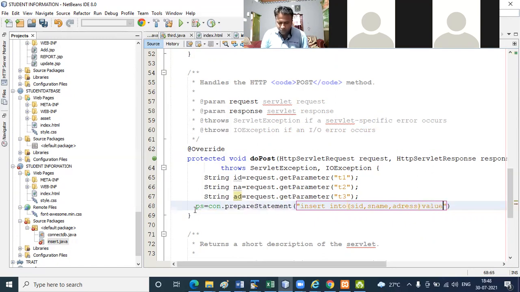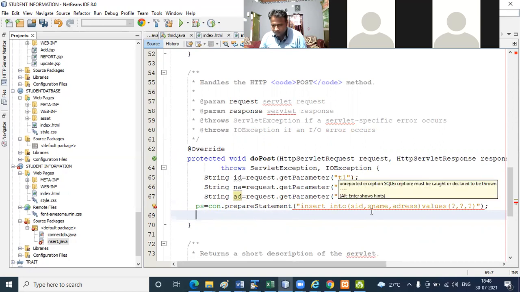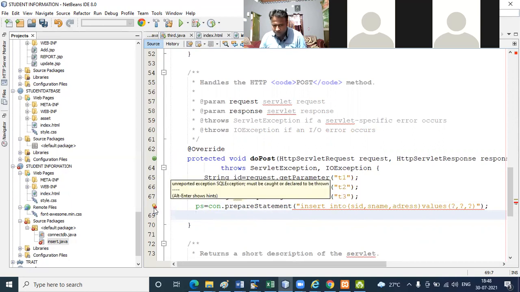Values is what? The values we do not know right now. So I pass here question mark, comma, question mark. For the three values I pass three question marks.